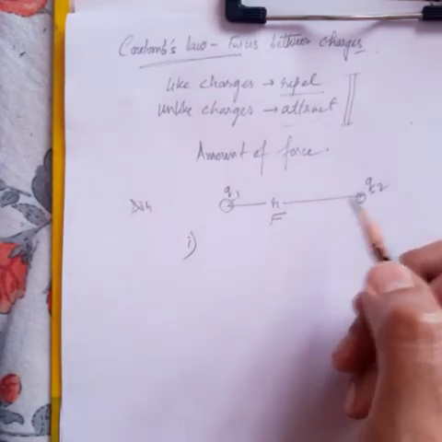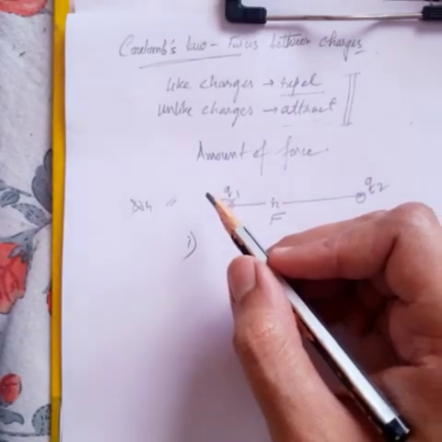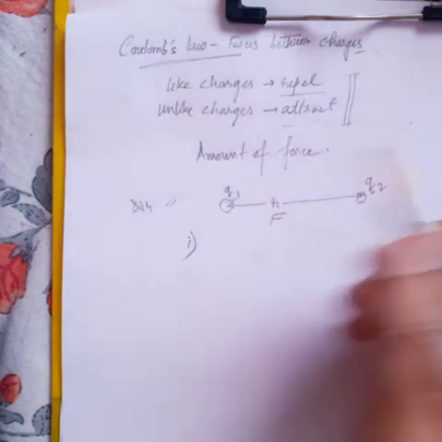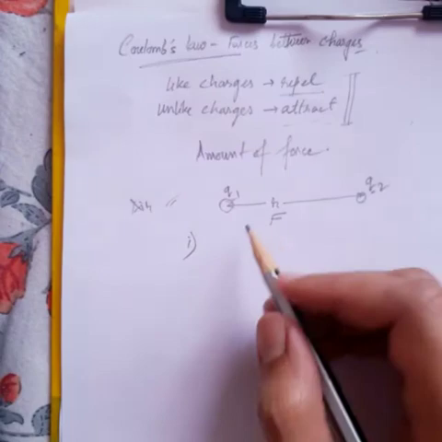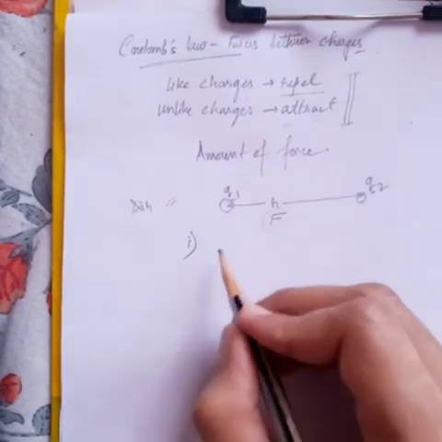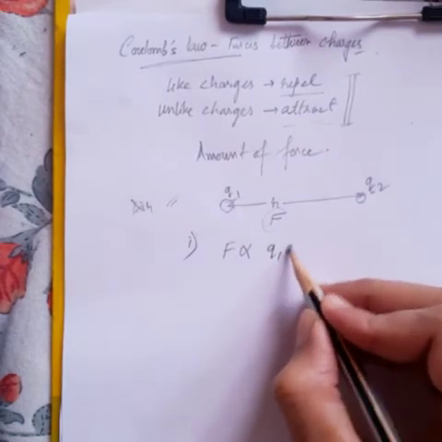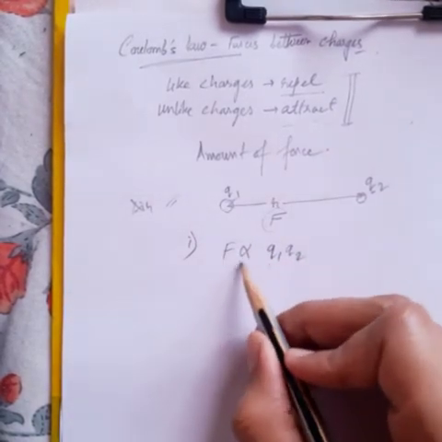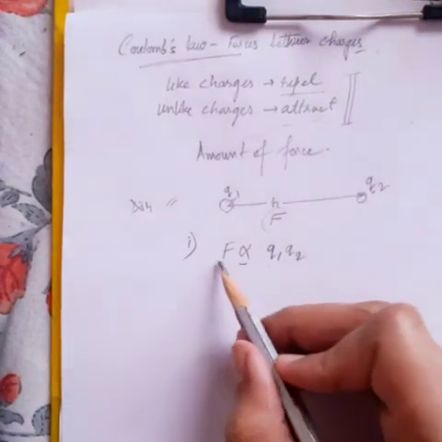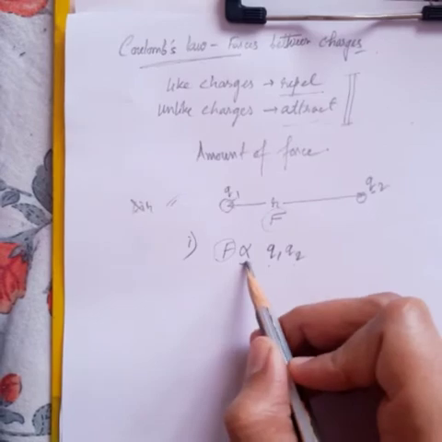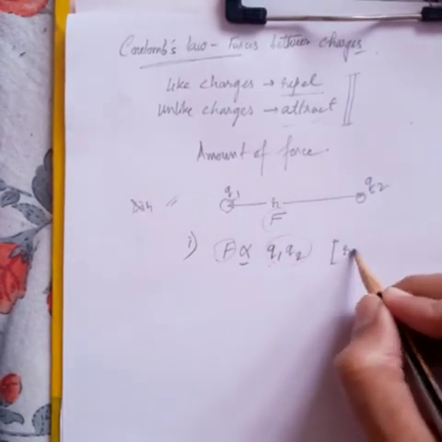Since this is a law, it is generalized in the sense that we are not considering any particular type of set of charges. For any set of charges, this Coulomb's law will be valid. Now according to Coulomb's law, the amount of force will be directly proportional to the product of the charges. I think you are familiar with this sign, called the sign of variation that you have studied in mathematics. So the amount of force will be directly proportional, or directly vary, as the product of the charges when the distance is constant.